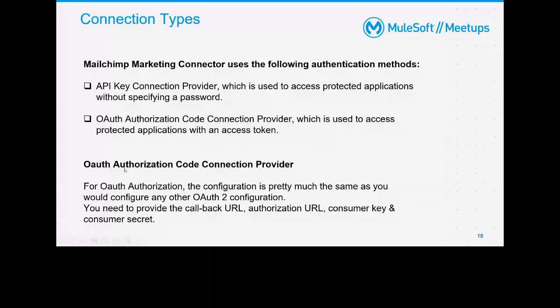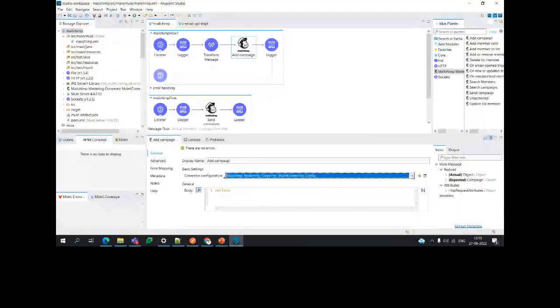So how can you do the OAuth authorization code? For OAuth, it's pretty much the same as for any other OAuth 2 provider. You need to provide callback URL, authorization URL, consumer key, and consumer secret. If you have done OAuth 2 for any other platform, you will easily do this as well. I will go to the OAuth option and show you the configurations. If I select this one,